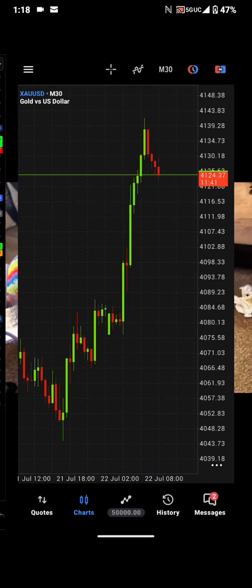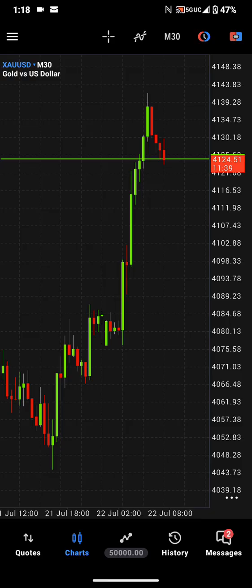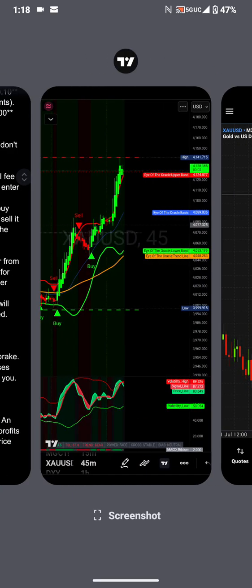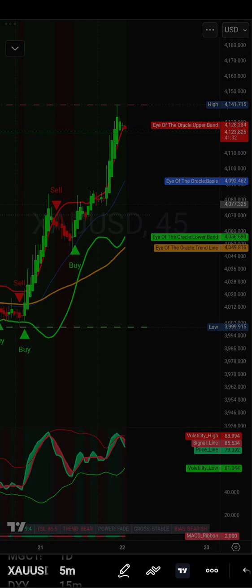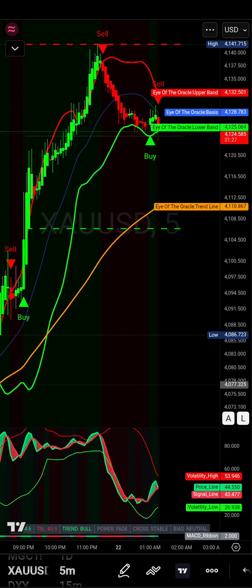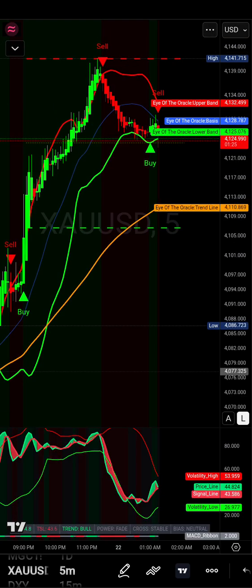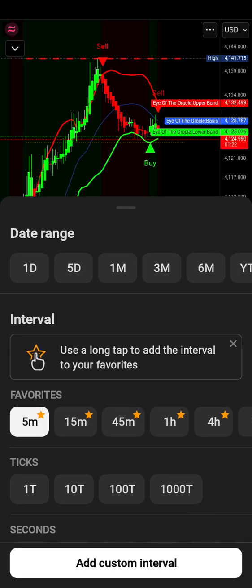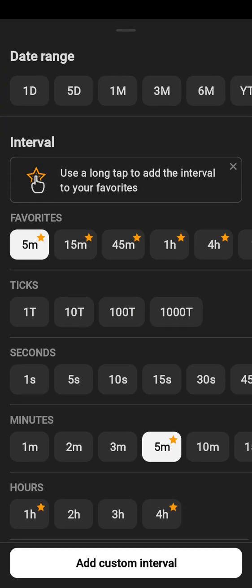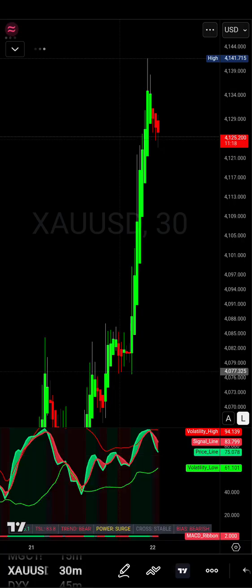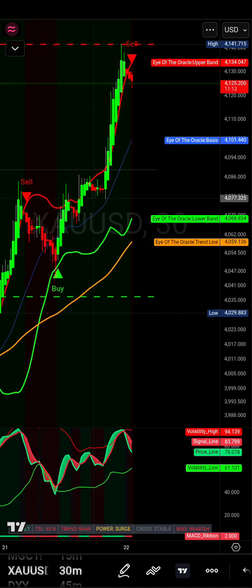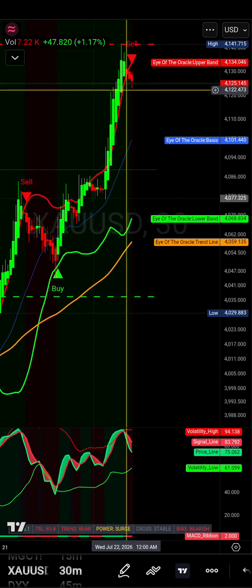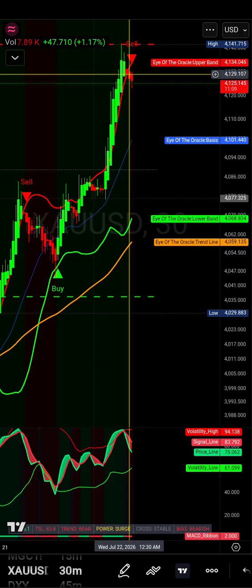All right, so we could drop down in our system, and like I said, you just saw me swipe TradingView. Come over here, change my time frame down to the 5. Let it catch up. Tap the right hand side to make price snap get back in place. See the signals popping. Let's drop down here and go to the 30 minute because that chart is aligned with MetaTrader, and you can see that we got a fresh sell signal candle right up here popping. All right, so we got that.